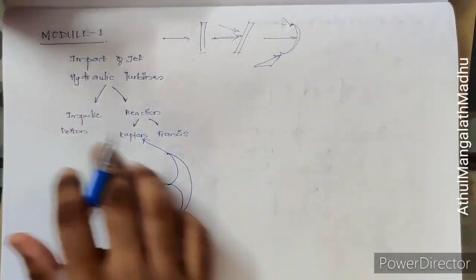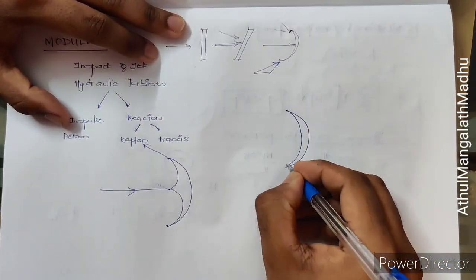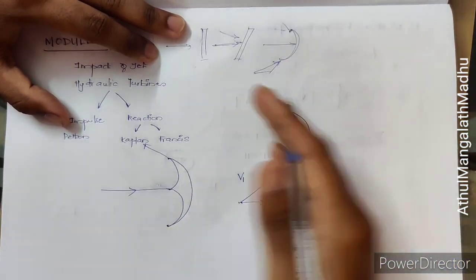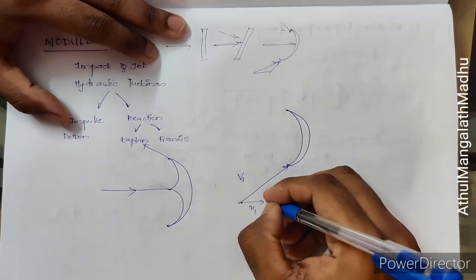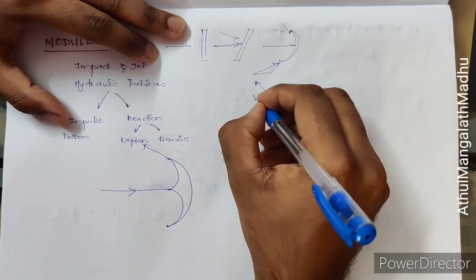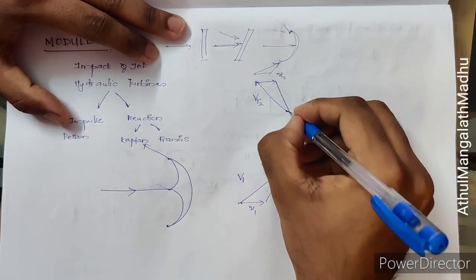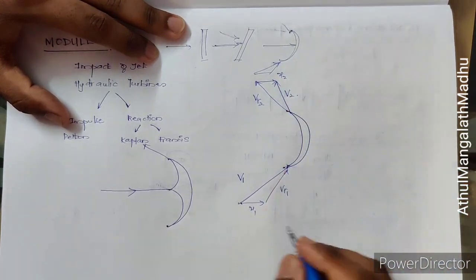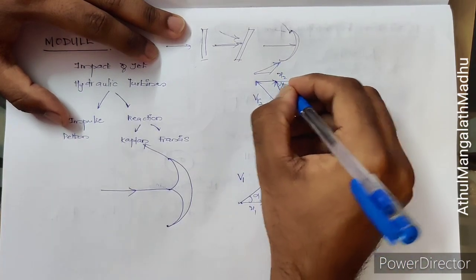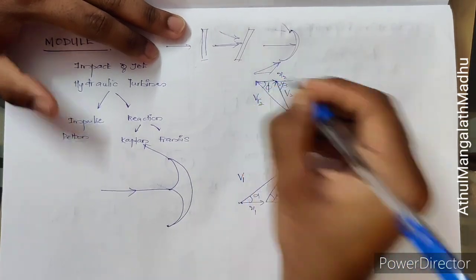But when it comes to the Kaplan or reaction turbine, we have a curved vane like this. Water will be going in with a velocity v1. Then, since this is moving, it will have a velocity u1. So you have the relative velocity vr1. It will be coming out with a relative velocity vr2. At the same time, it will have a velocity u2, and we will have v2. The absolute velocities will make angles alpha as well as beta, and the relative velocities will make theta and phi.